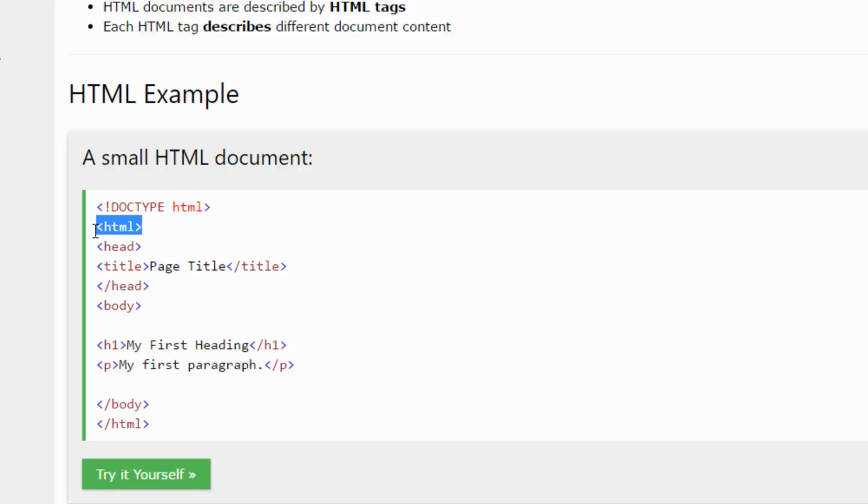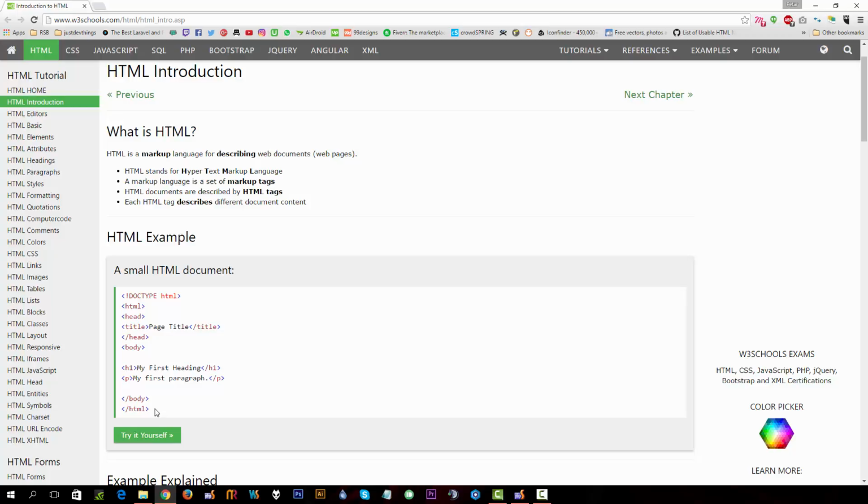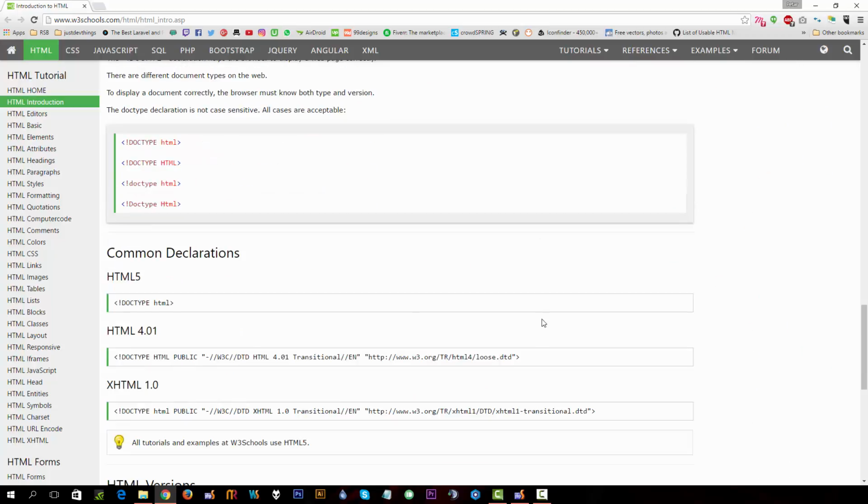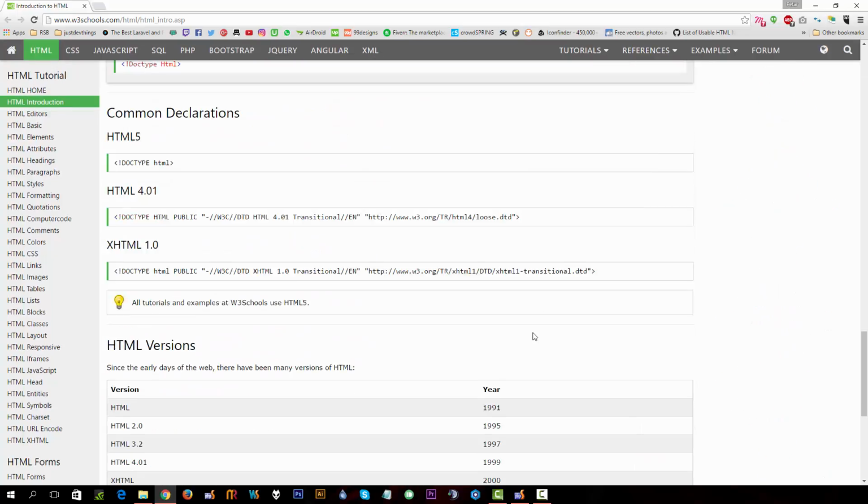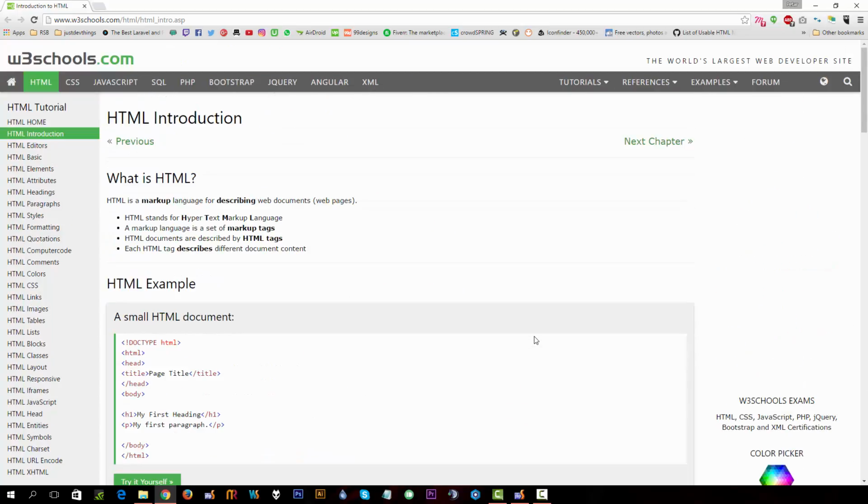So we have an HTML opening markup tag and an HTML closing markup tag. Now markup tags are wrapped with these braces, all right? Easy. And we have a tag in between them. And each HTML tag describes what it is. So HTML is the beginning of the document, like the beginning of the newspaper, the physical paper, right? And we have a closing. So every newspaper, every page has a beginning and the end, if you look at it from top to bottom. And from top to bottom is actually what every page is. You know, we start scrolling from top to bottom. Just imagine you have this web page in your hands and you would look at it from top to bottom,